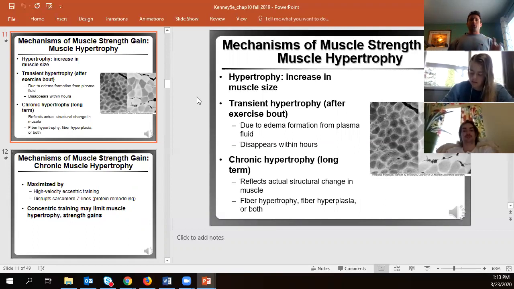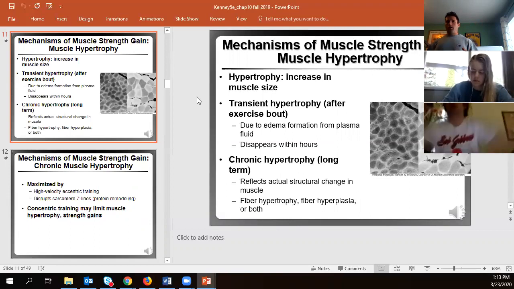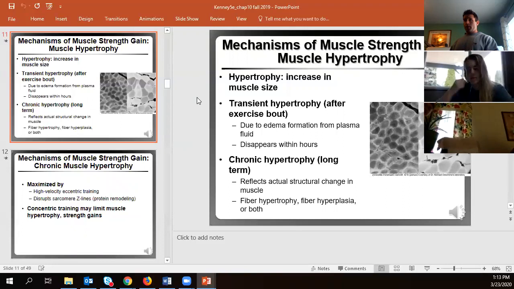Now, we're going to have transient hypertrophy, and this is effectively the pump, being pumped out from the training you're doing. It's transient, it's just edema, but there are positive effects of having this edema because it causes signaling to occur, which is hopefully going to lead to chronic hypertrophy. And this is where we're literally having changes to our muscle: we've increased the fiber size, we've perhaps had a little bit of hyperplasia, very rare, and most likely mostly the fiber hypertrophy,